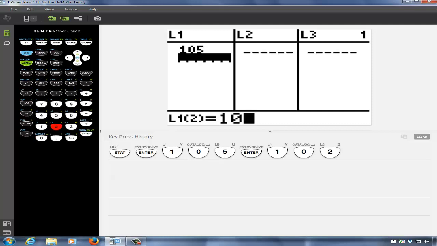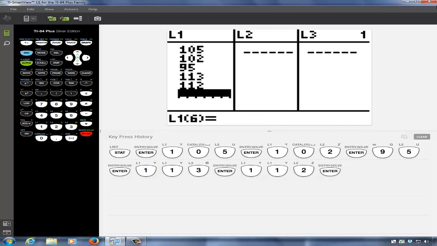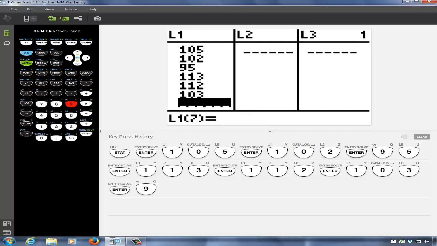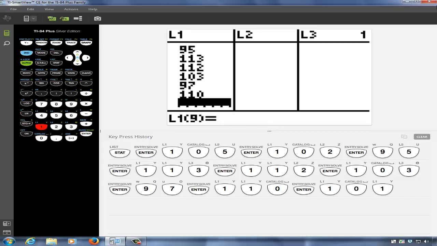Then we had 102, 95, 113, 112, 103, 97, 110, 101, 115,